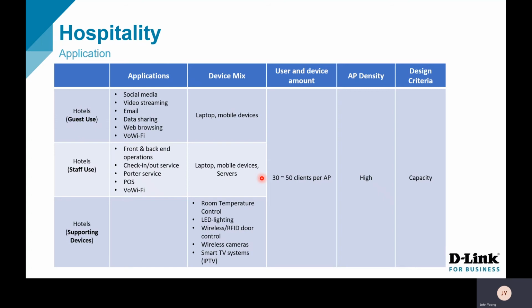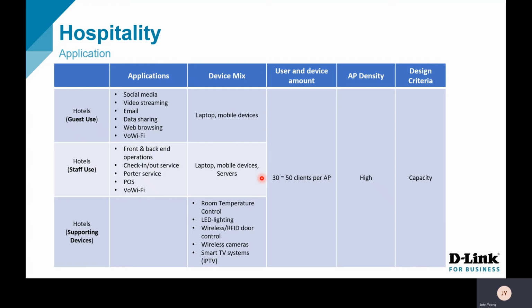Just take note for hotels, the rooms are on one floor, a lot of rooms together. If you want to place one AP to cover the whole area, it's impossible. So the AP density will be very, very high. You need to put a lot of APs to handle the capacity for each floor of the hotel. So not just that, remember for the wireless, we also can provide supporting devices like your room temperature